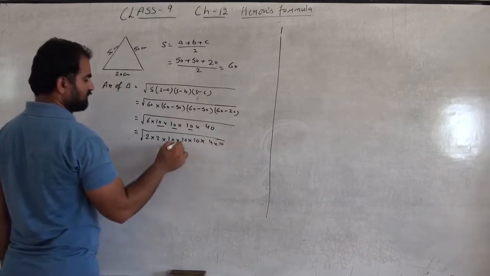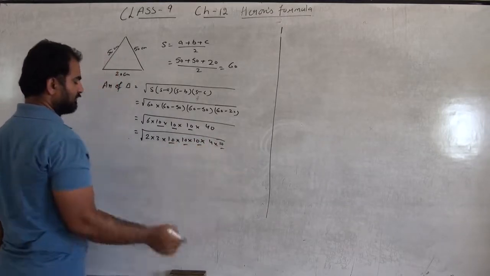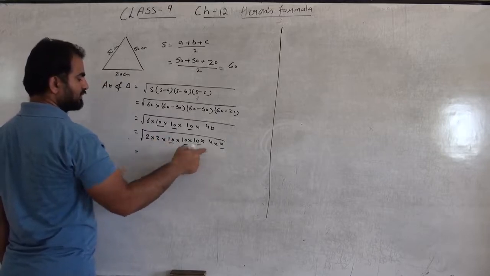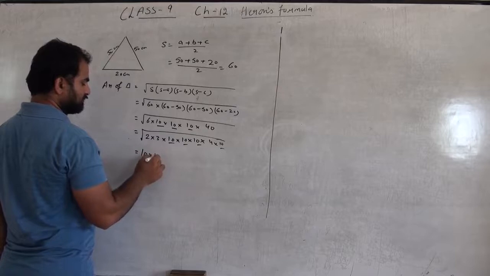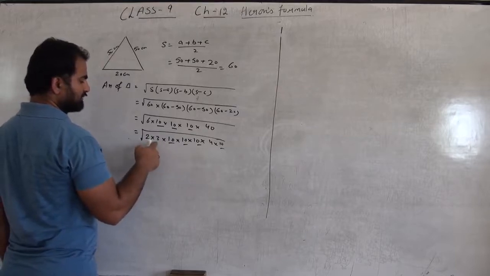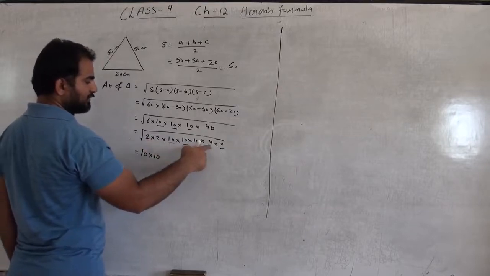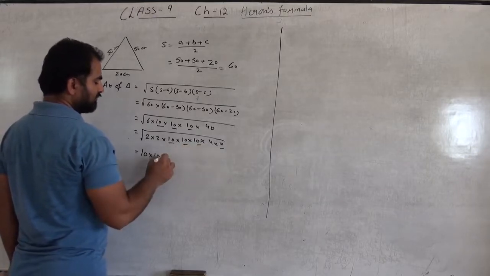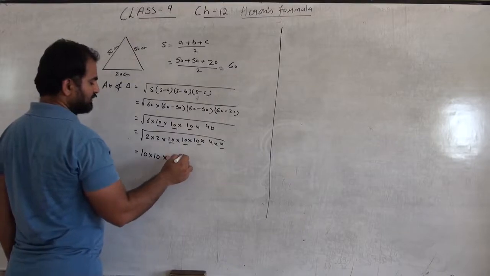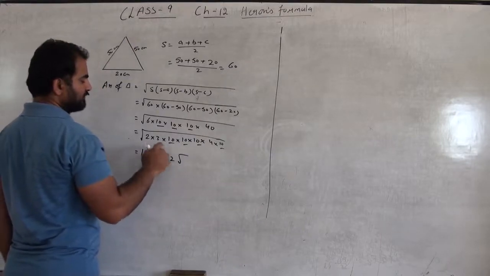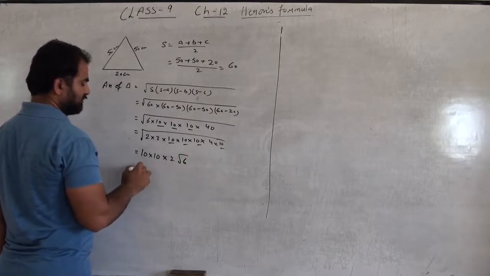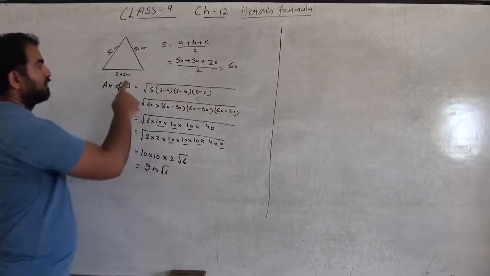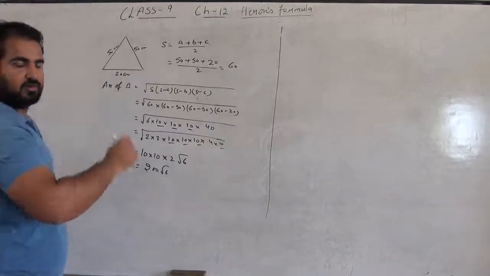Okay, so this 10 will have groups of them. So 2 times 10 will be outside. Then we can say that it will be 6, and what is 4? 2 into 2. So it will have a group of 2 also, and the inside one will be 2 into 3, 6. It will be 200 root 6 for each triangular part.